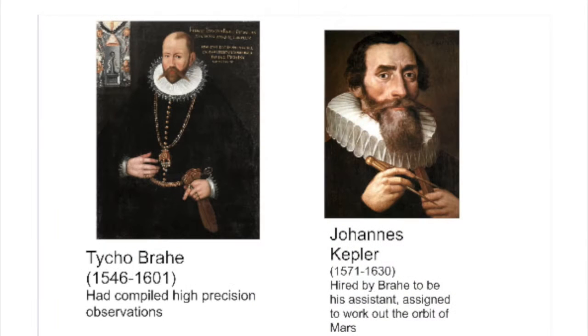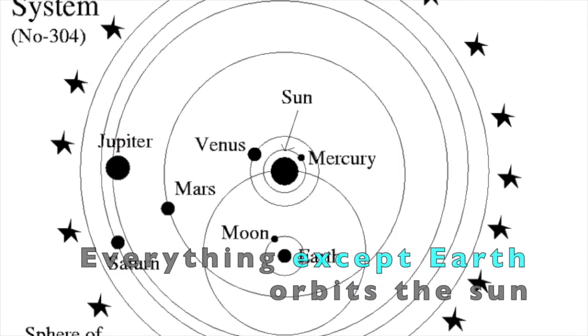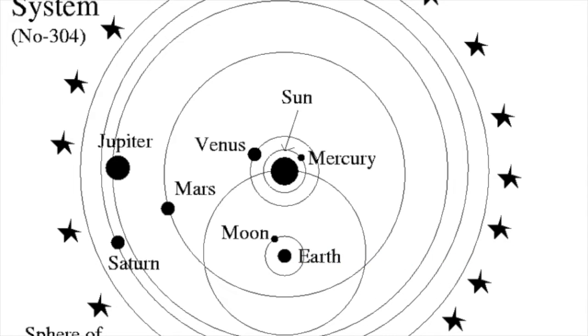So in the 16th century, along came a Danish astronomer by the name of Tycho Brahe. He had high-precision observations from his time in the sky. He was considered to be the last great pre-telescopic astronomer, making observations with the bare eye instead of with the telescope. And Johannes Kepler had caught his eye through some of his earlier work. Brahe hired Kepler to be his assistant, and Brahe had a problem in that he couldn't quite work out the orbit of Mars according to the solar system that he came up with. He had his own Tychonic system. And so he handed it to Kepler, his assistant, and said, you go work out the orbit of Mars.